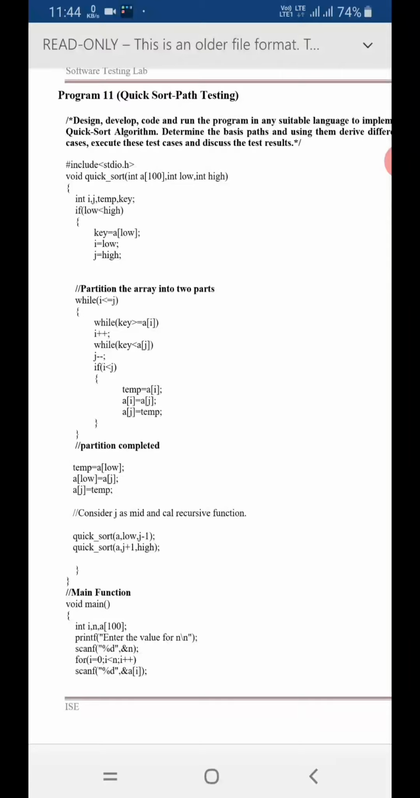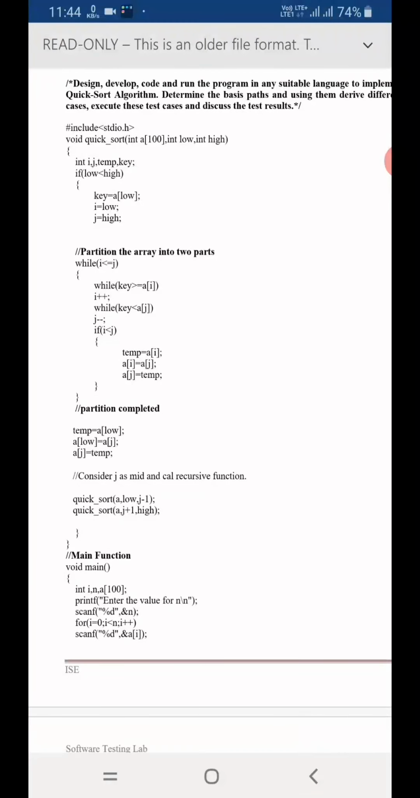Next, until i is less than or equal to j, what I'm going to do is this operation: while the pivot element is greater than or equal to a of i, I'm going to increment i. In the same way, while the pivot element is less than a of j, I'm going